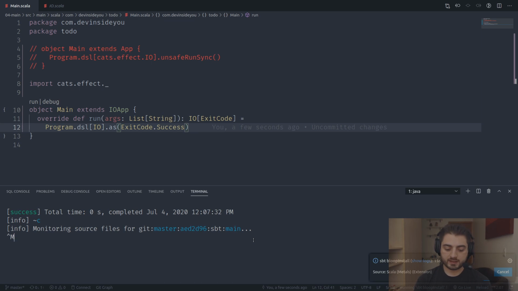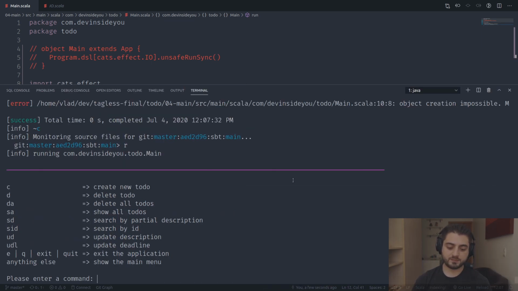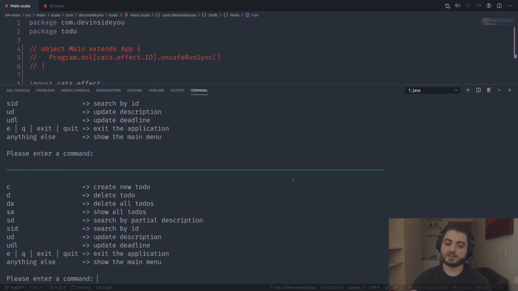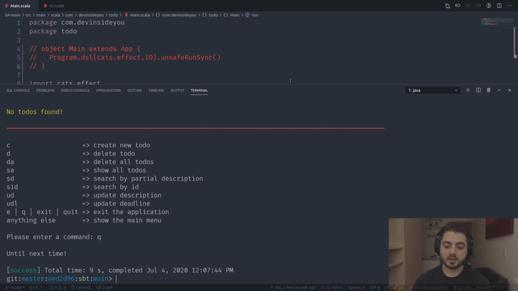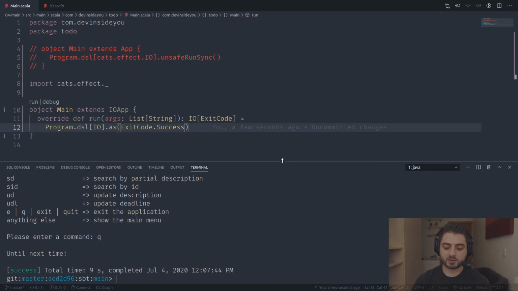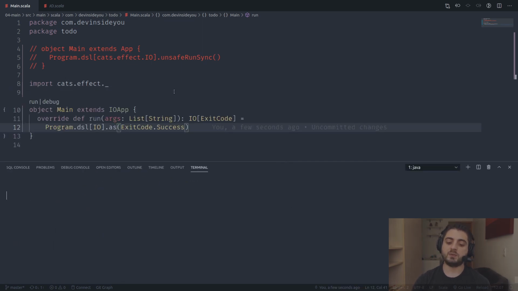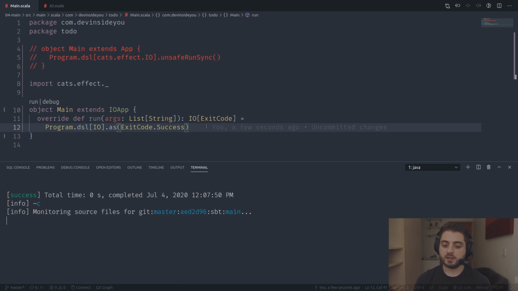Okay. In any case, let's run it real quick, and you should see that it runs exactly the same as before. Even though we didn't call unsafe or unsync, IOApp is going to do this for us. Okay, so it's all good. But as already mentioned, we're not going to use this one because we want to randomly pick an effect. So instead of this,